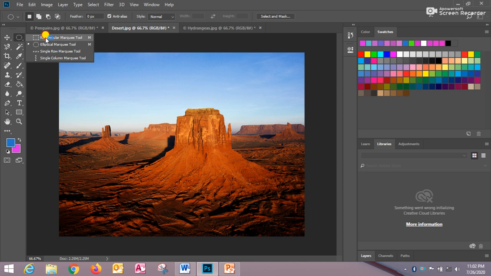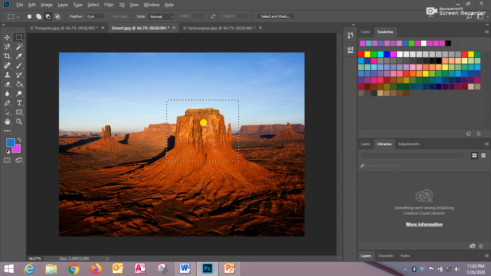Again I am taking the rectangular marquee tool, students. I just want to show you something. Students, I am selecting this part of the image. If you want to copy a selected part of an image within the same image, press the Alt key while dragging the selection. Meaning you want to create the same copy of the selected part within the same image, then you have to press the Alt key and drag the selection.